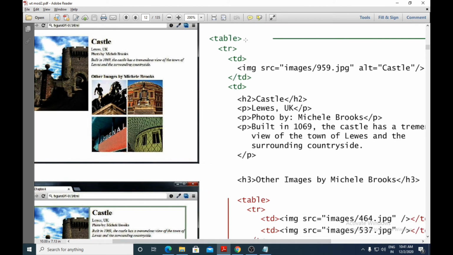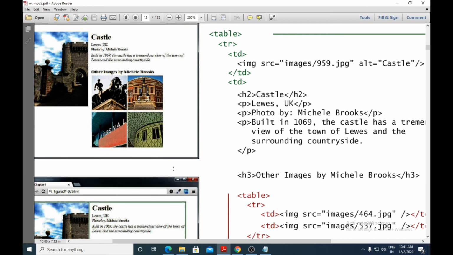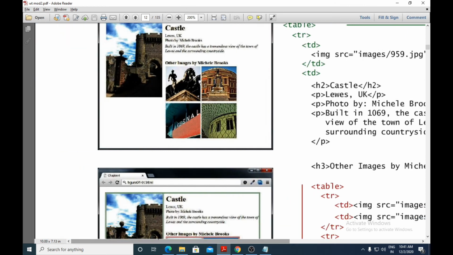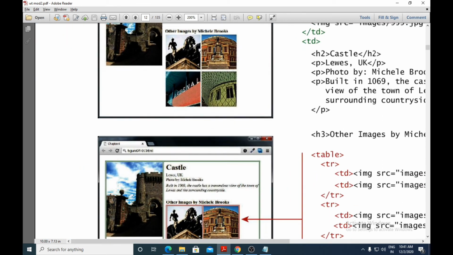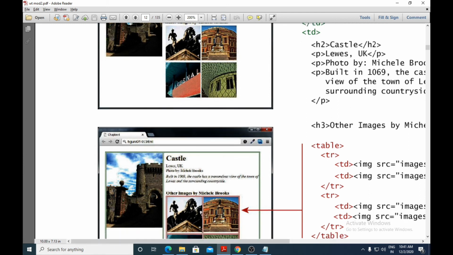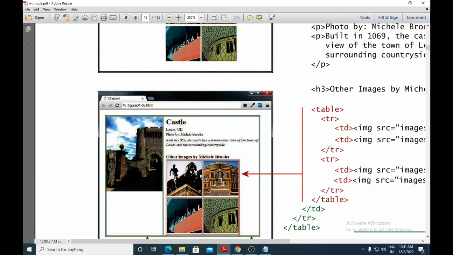Then they have started with TR, which stands for what here? Row. Next, the first TD cell is there. In the first cell they have used an image of the castle, a building known as a castle. So the first cell will have entirely the image of that castle.